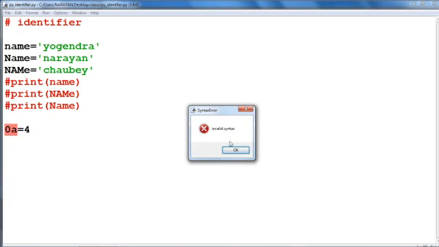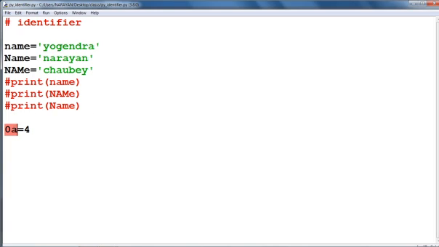That's why we have the rule that the first character can never be 0. This is an invalid identifier.